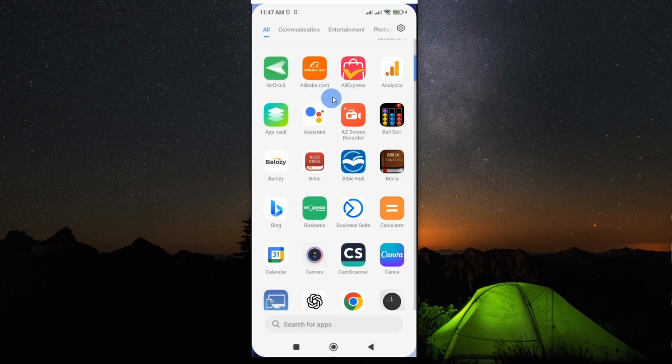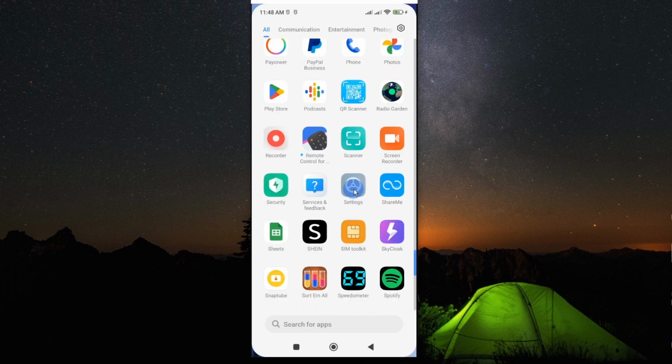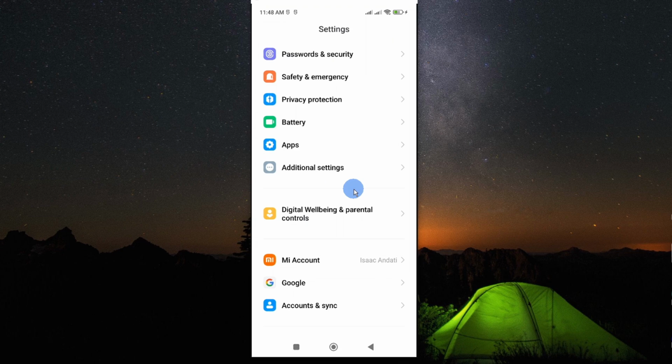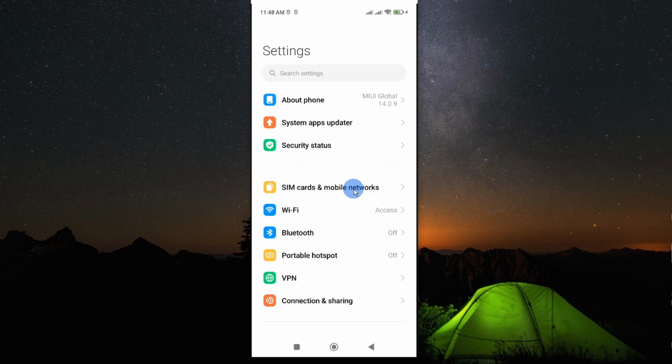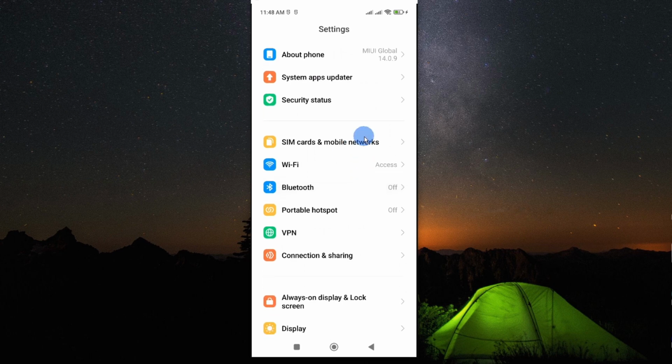mobile app. Now, all you need to do is to go to your settings, and here's the settings on my Android mobile phone. Now, for the purposes of this tutorial, I'm using Redmi Note 10. However, this process should be more or less the same on any other Android smartphone. So the first thing to do is to go to settings, and once you get to settings, scroll down until